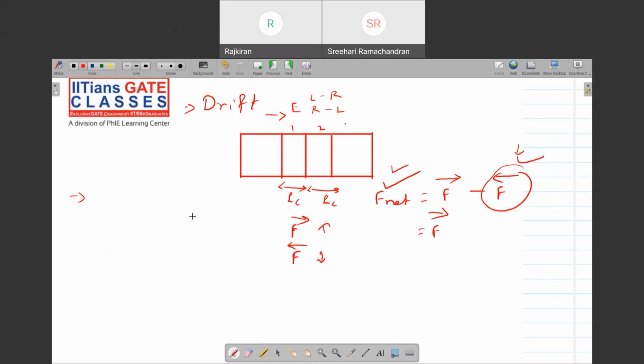Okay. Getting? So what is the meaning of this? The meaning is we are disturbing the equilibrium by a small amount. That is called quasi-equilibrium transport. Getting? Okay. So what is the meaning of this? The net flux will be